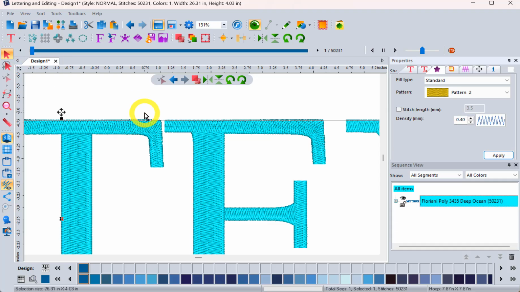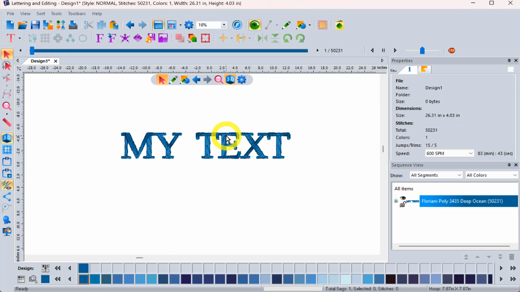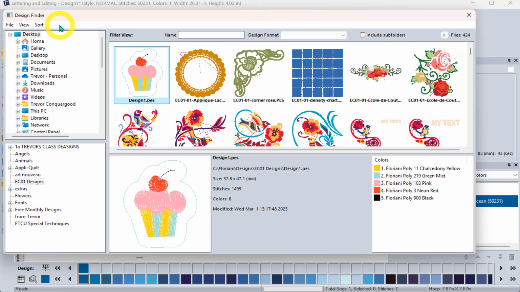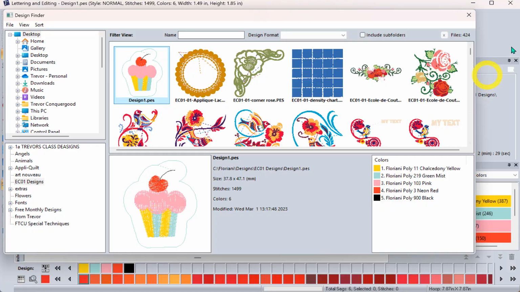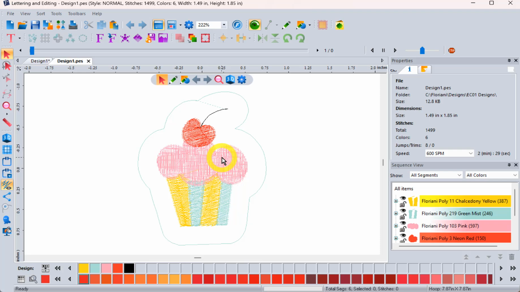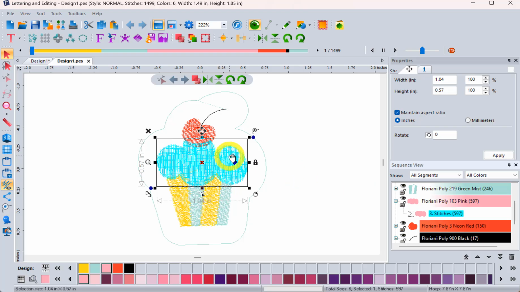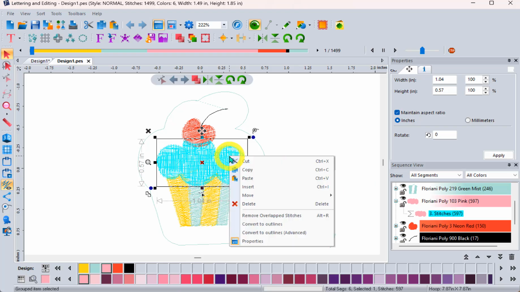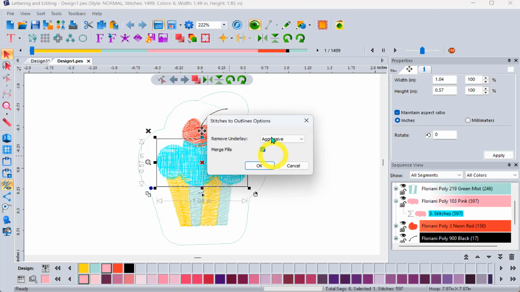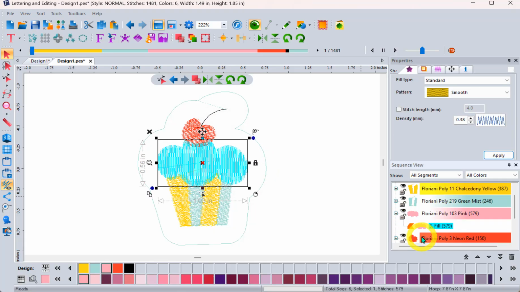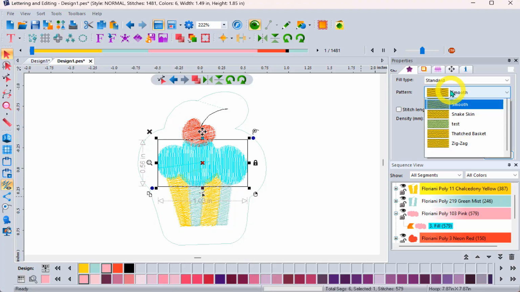And this can be done not just with text, but with the elements. So for example, if you open up a design and it's already in a stitch-based format like this, then you can use the special function known as convert to outline. Notice right now, when I click on the pink color, it simply says stitches. But if I right click, I can apply convert to outlines just to one color or the entire design, whatever I select. I'm going to choose convert to outlines advanced, have it remove all the underlay and merge the fills. And so we end up with one pink shape,